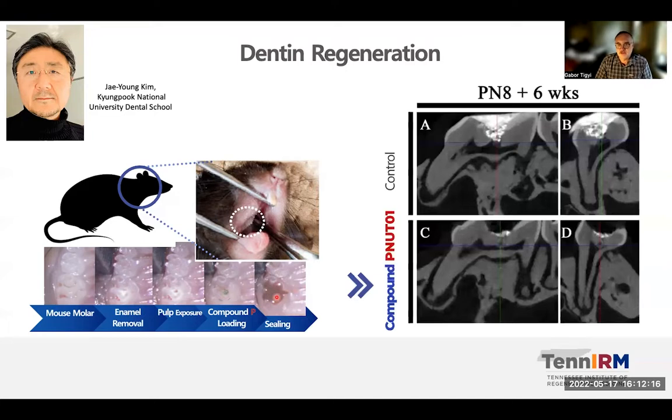The readout that he applied is micro CT 6 weeks after this intervention. The top two panels show AP and lateral views of the micro CT of these treated teeth. And what you notice in this case on the upper two panels is that the cavity is still open, and there's no closure of the gray appearing dentin layer. It's all the way through, so there is no regeneration of dentin as one would expect. But if you compare that to the PNUT treated cavity, you see that there's a contiguous dentin layer that has developed in 6 weeks, healing the bony deficit in dentin of the teeth. So this certainly extends our in vitro experiments and findings, in that we find a similar observation and regeneration of